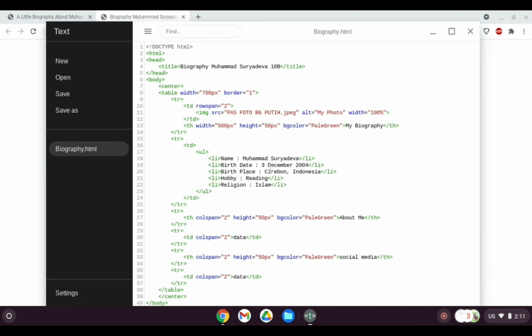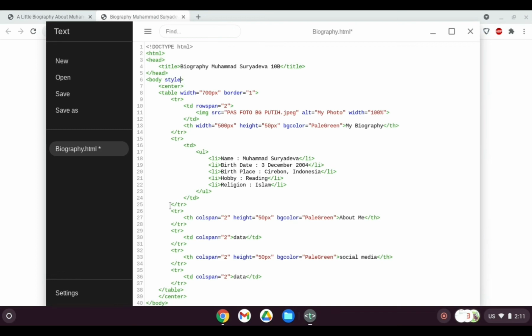So now let's set our font. Let's set it on the body part, therefore everything below that will be in the font that we set. From the table and everything, it's all going to be this font. How to put font?